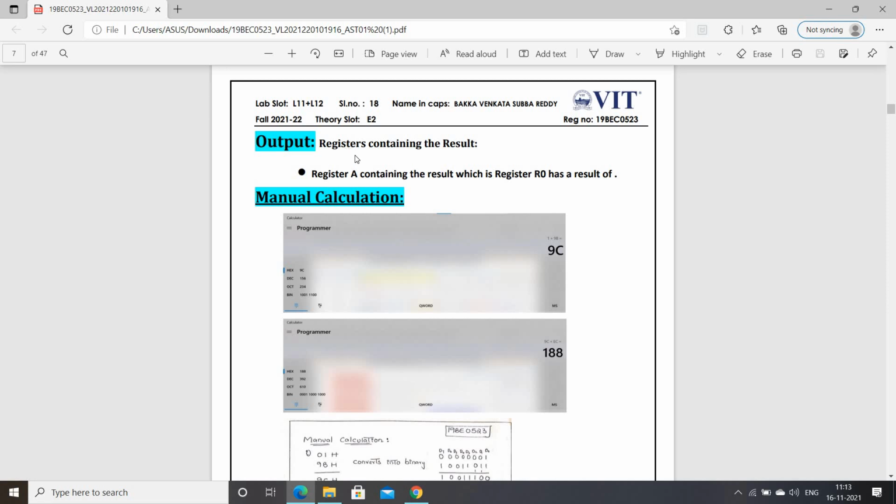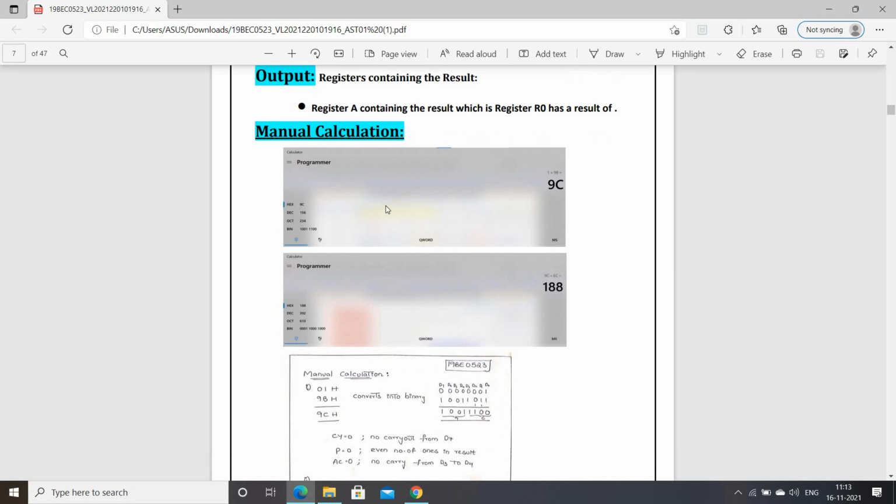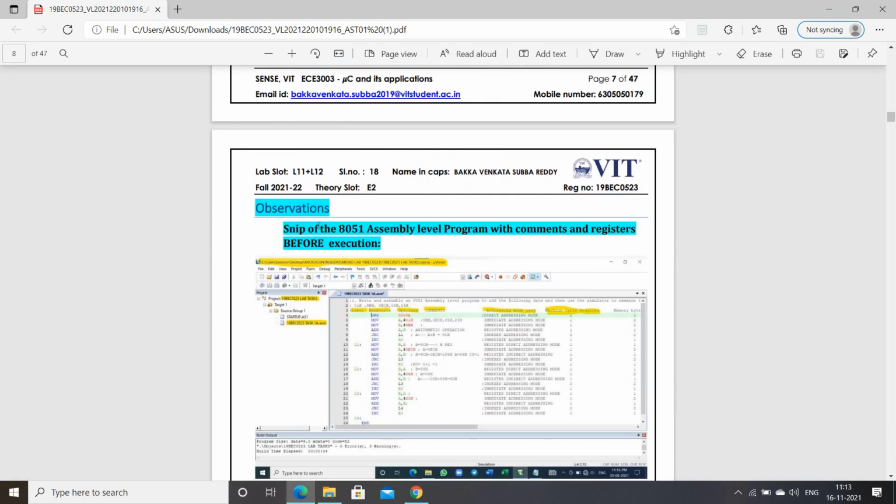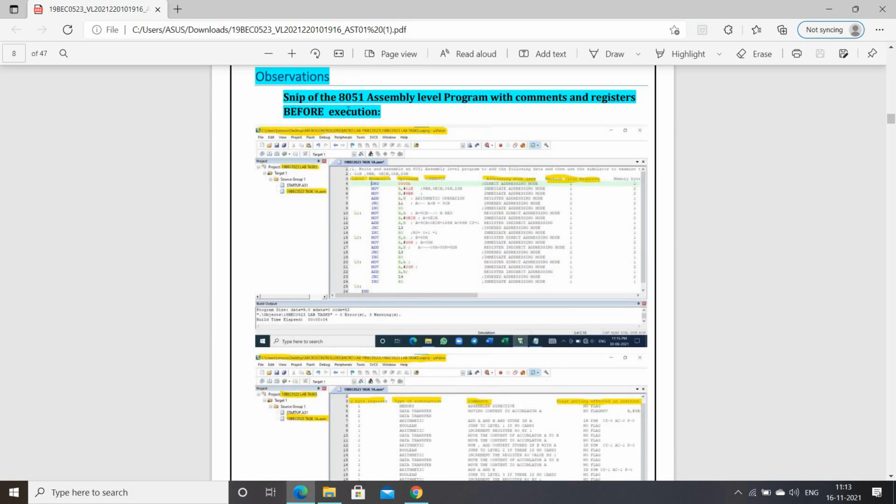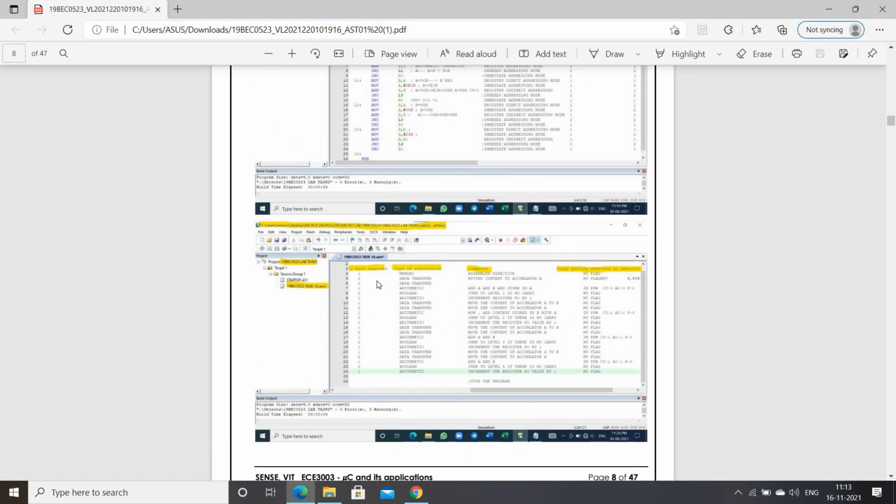And the output is register A containing the result, which is register R0 and has a result of, so this is the manual calculation that I have done. An observation, snip of the 8051 assembly level program with the comments and registers before execution. So this is the output before the execution, and after the execution